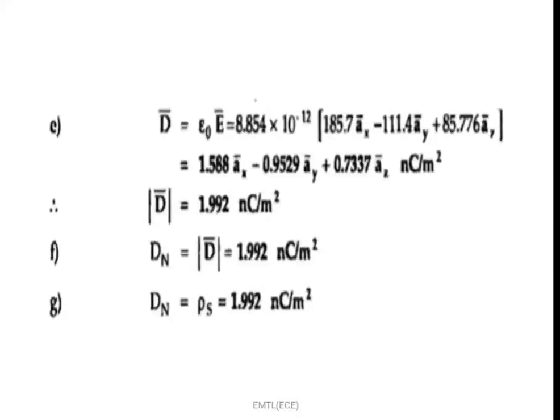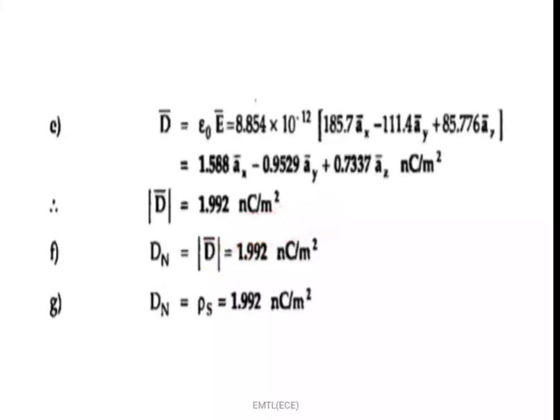In this condition, that is a boundary condition between conductor and free space, the tangential component of electric flux density is also 0, as per the relation between D and E. If E tangential is 0, then D tangential is also 0, that is epsilon times E tangential, that is the relation between D and E. So whenever E tangential is 0, then automatically D tangential is also 0. That means it has only a normal component.